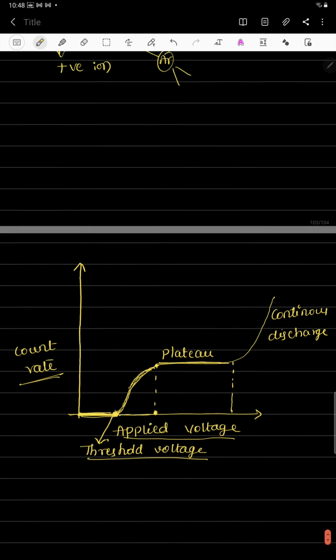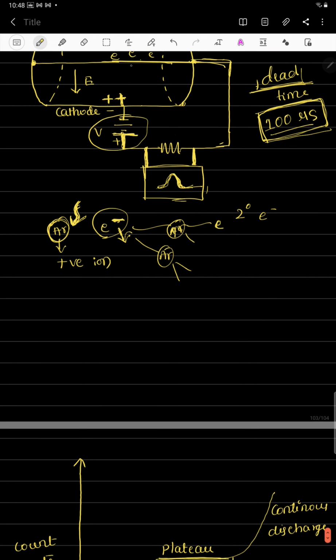So how does this work? Once electron formation takes place, these electrons have to accelerate towards the battery, which means a certain minimum energy should be applied. If that much voltage is applied, only then are these electrons accelerated towards the battery, then the potential drop across the resistor takes place, and then we can count that ionizing particle in the counting system. So the minimum voltage required has to be given.